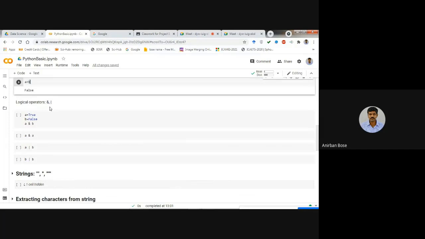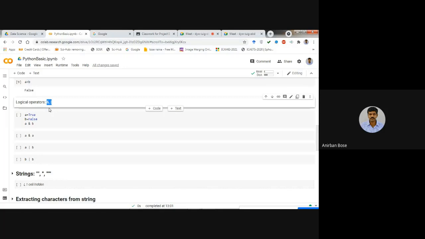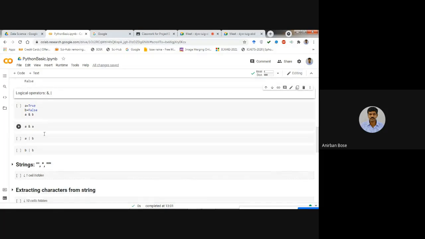Now logical operators like AND and OR. The ampersand symbol is AND, and this other one is for OR. These are the symbols which are used, and in due course we'll see some examples. You have some idea about AND and OR. If there are two sets, AND means the intersection, which is common to both, right? And OR means either A or B, any one of them. If that is there, then it is true or false. I'm not going to give you all these examples right now, it may confuse you. But we'll give you good examples later on. Maybe in your exercise also, you will get this kind of operator.